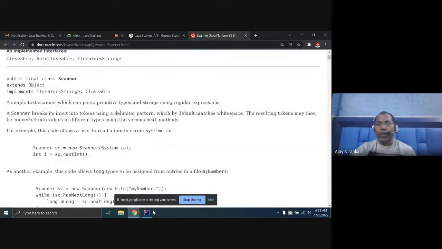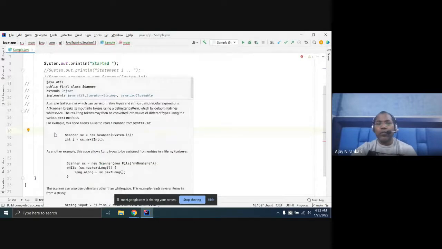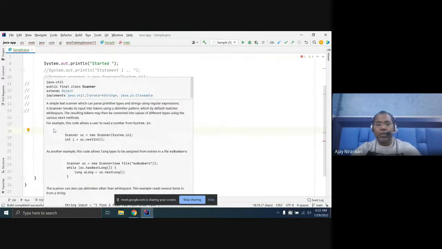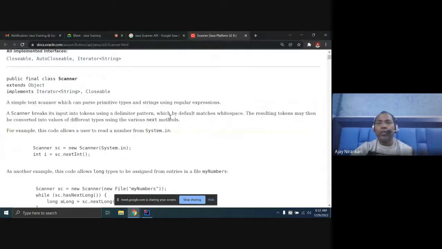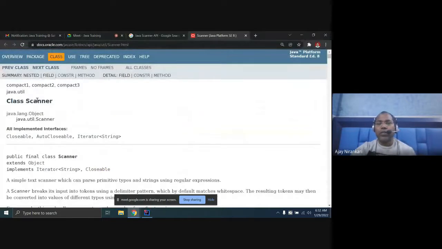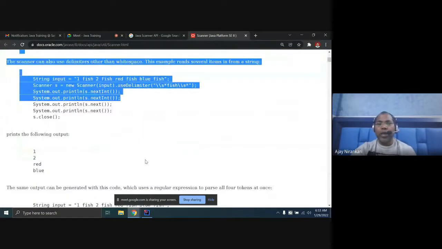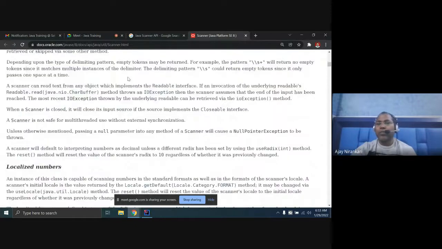Whatever our editor shows when we hover the mouse is the Javadoc. The editor helps us read the Javadoc. Similarly, if you are not using an editor, just go to the internet and search the class you want. Some examples are given here, another example there, and finally lots of descriptions.